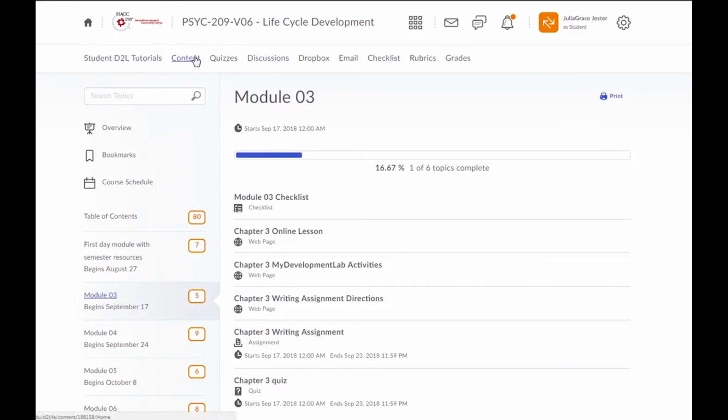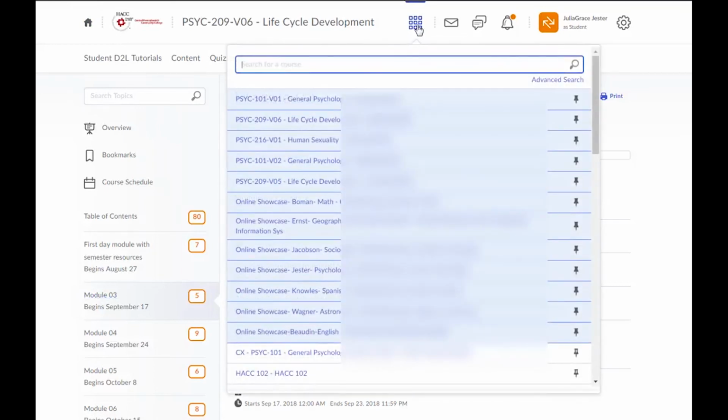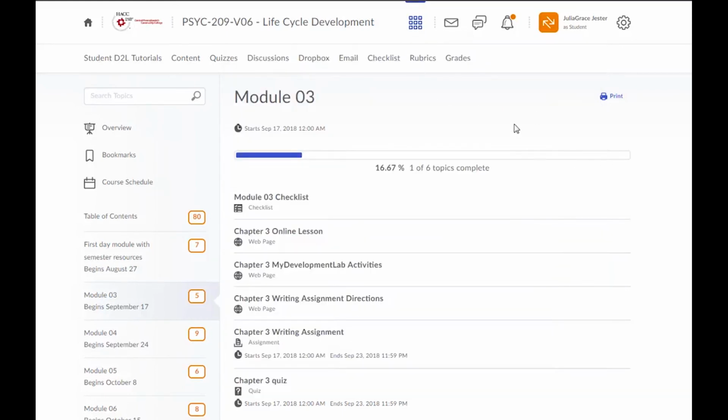All right, hopefully this is a good overview. If you want to go back to the Brightspace homepage, you can click the home here. If you want to switch to another class page very quickly, you can click here. Now I've got certain pins that are up the top, but yours will be different. This means that there's some updates that are being announced. And if you have any questions on where to find anything in the course at any time, please feel free to let me know.